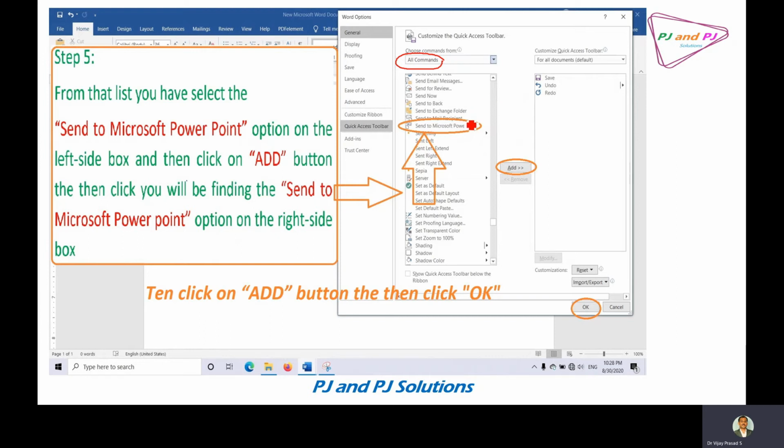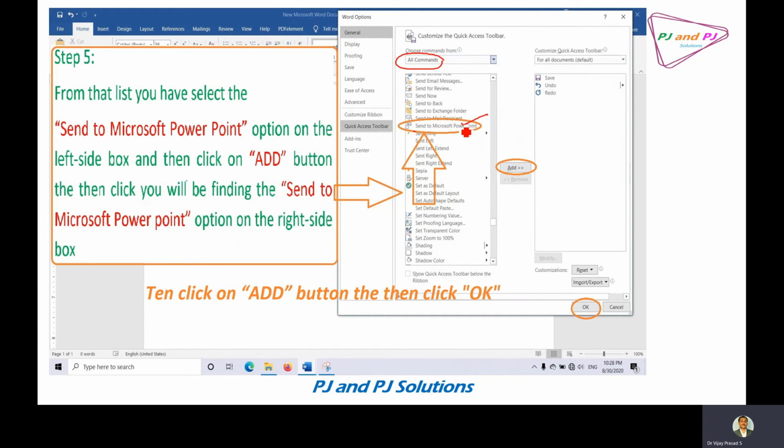Now you have to search for the option Send to Microsoft PowerPoint. All these items are arranged in alphabetical order, so it is very easy to identify. First look for the S, then the E, then the N and D. When we reach Send, look for the Send to Microsoft PowerPoint option.